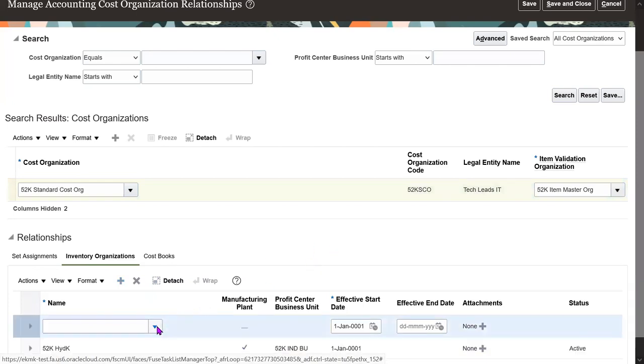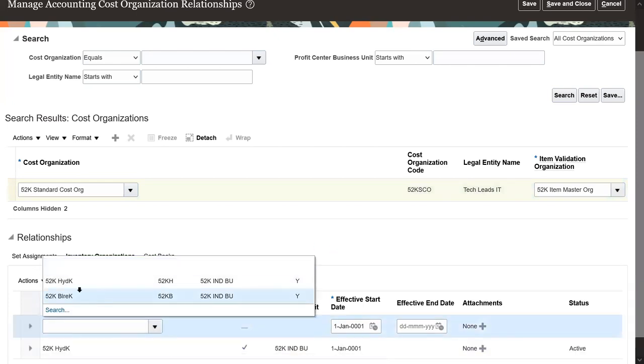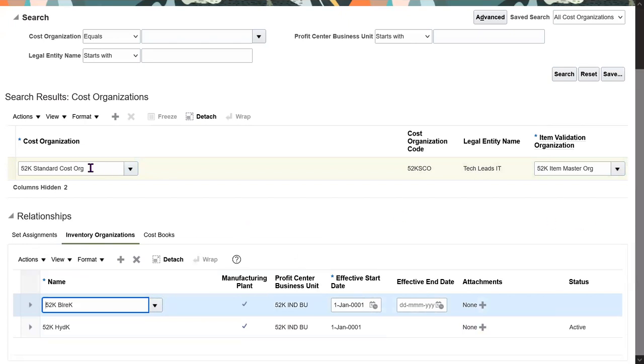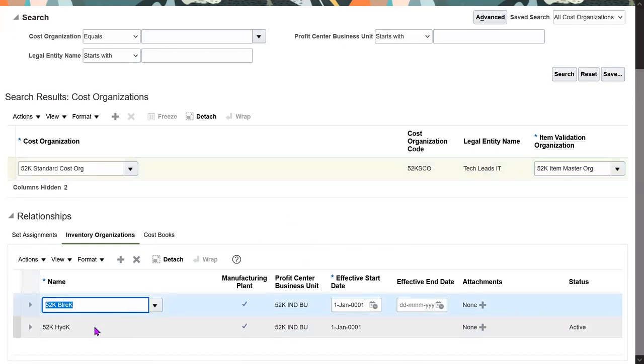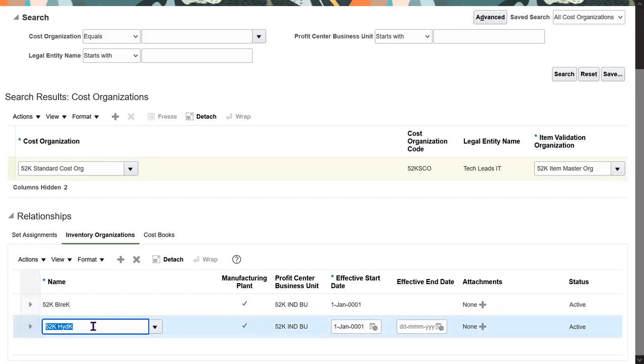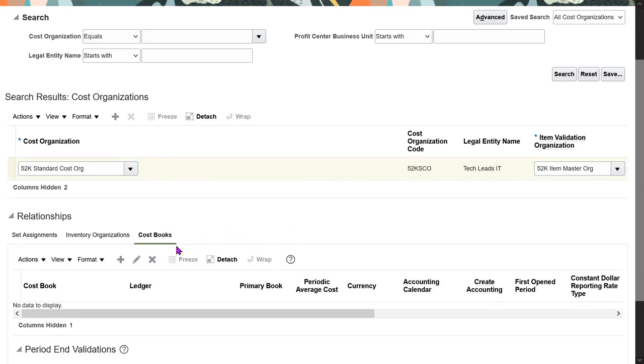I have 2 inventory organizations. I would like to add both of them as part of my standard cost org only. So this is a standard cost organization. To the standard cost organization, I'm adding the 2 inventory organizations that I have. And if I go to cost book,